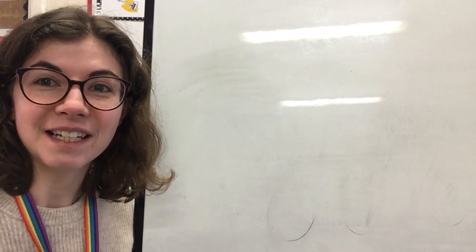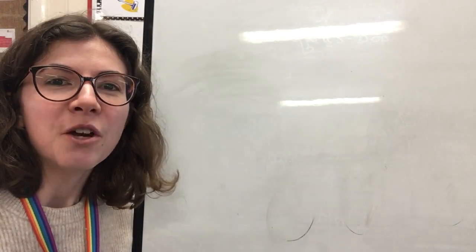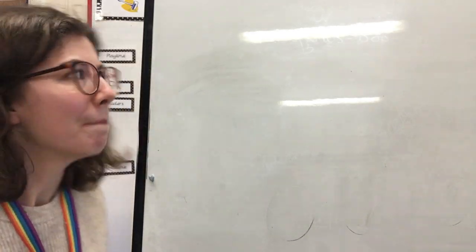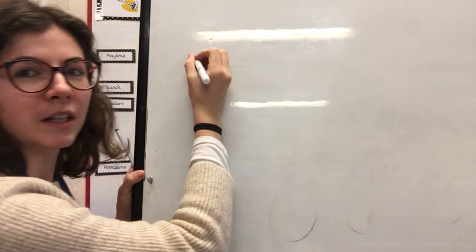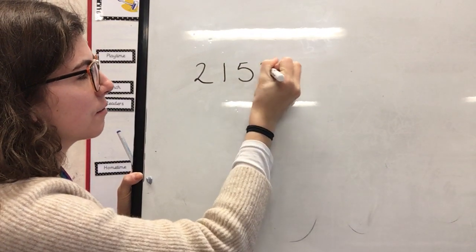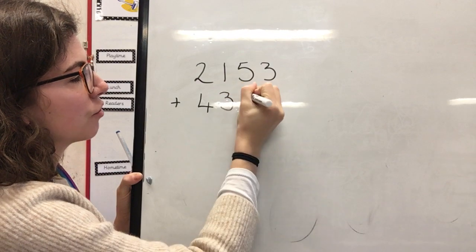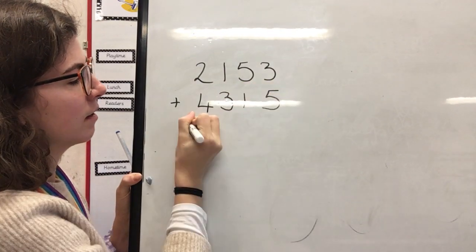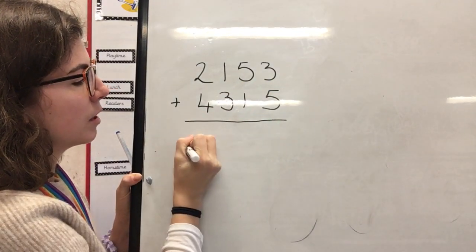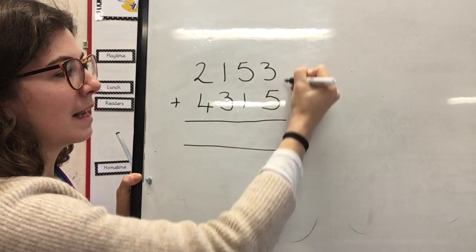Now this is something that we did earlier on in the year, so this will be a little bit of revision for you. We'll start with a nice simple one. So 2,153 plus 4,315. I write the numbers one on top of the other, and I make sure that my place value columns